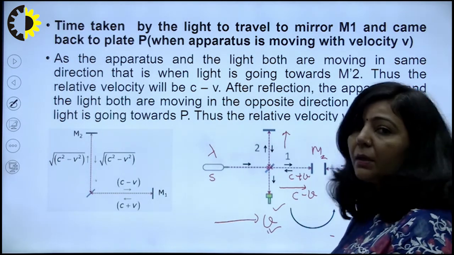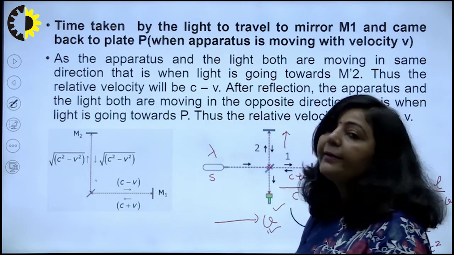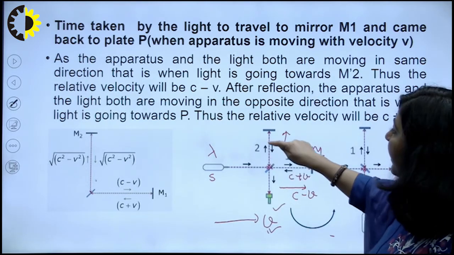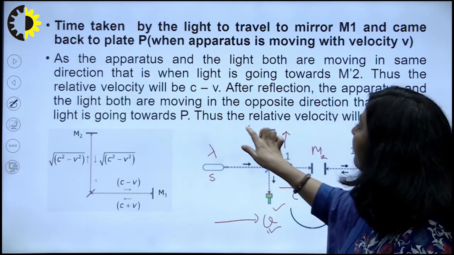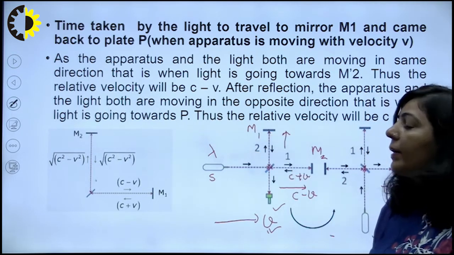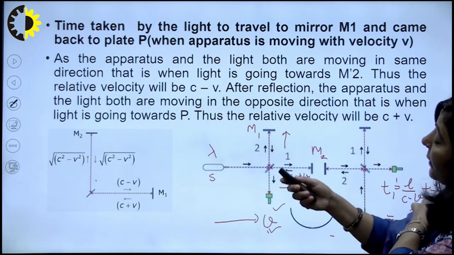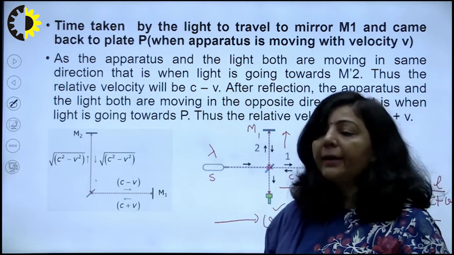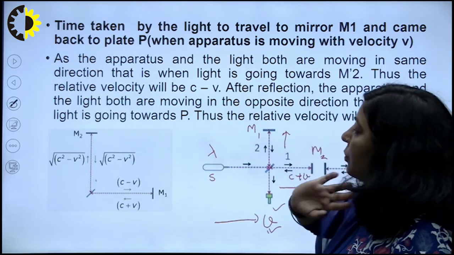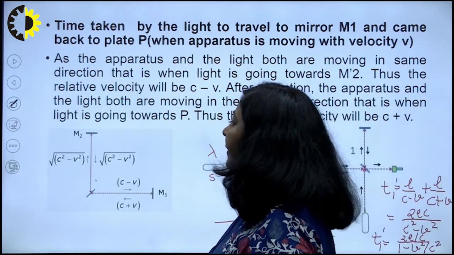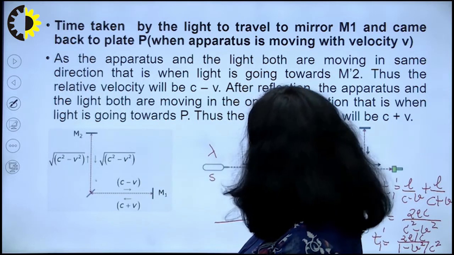Now we will discuss the time taken by the reflected ray to move from glass plate to mirror. This is your mirror M1, and then from mirror to glass plate. For this ray, we will find the time taken, right? So in order to find that, what we are going to do here,